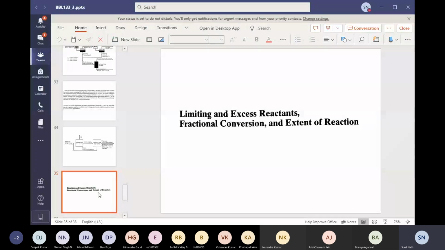The concept of limiting and excess reactants, because suppose you are combusting something, you will have oxygen, nitrogen, and let us say methane or whatever you have, the alkane or alkene, so nothing goes to 100%, and depending on what you fed in, not all of the reactants will get